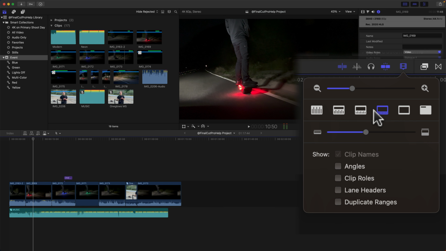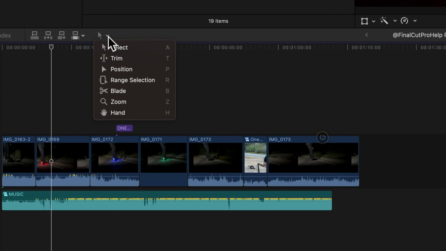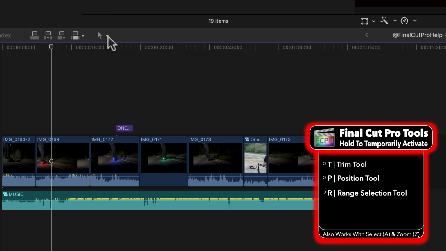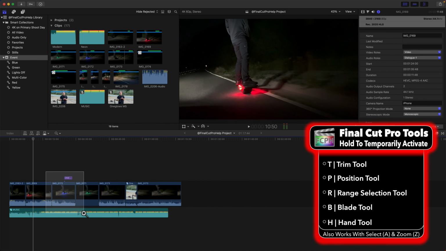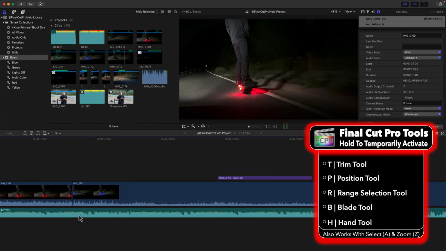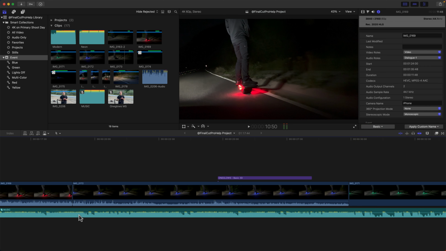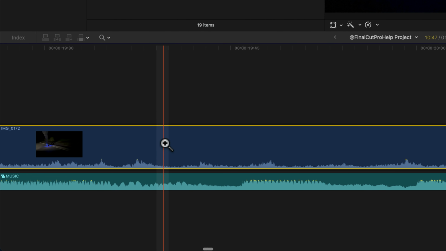Zooming in and out is such a common task, there's a dedicated zoom tool. I like to temporarily activate the zoom tool by holding down the Z key on the keyboard. Then, click and drag around an area and release it to return to the previous tool. Take note that when you're extremely zoomed in, you will see individual frames of the video, represented by this gray